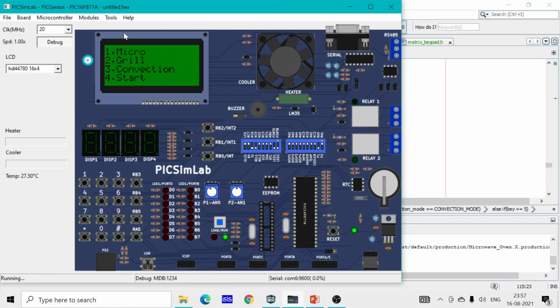So if I press the key number 1 first, it shows that the power is on at 900 watts, and again it shows the time. So we need to select the time for the microwave mode, and here I gave the time 2 seconds. Okay, if I want to clear this 2 second time, I press the star and this is cleared. Okay, and again I give the time 5 seconds. I want to proceed by pressing the hash key, so this is enter, and this works.